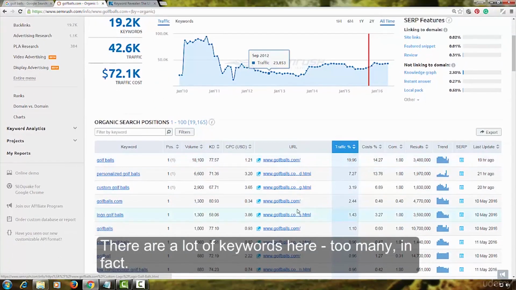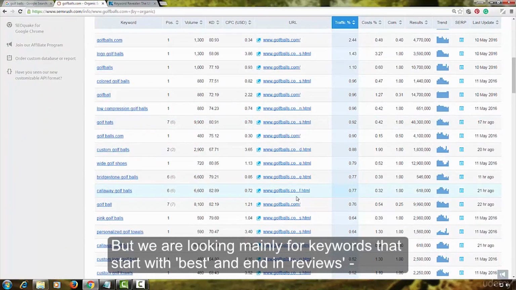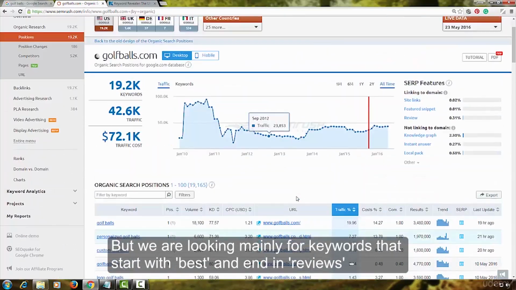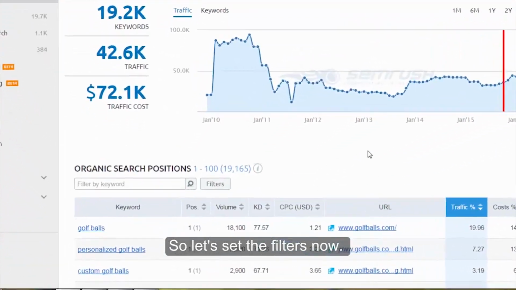There are a lot of keywords here, too many in fact, but we are looking mainly for keywords that start with best and end in reviews and have a search volume between 80 to 500 searches a month. So, let's set the filters now.